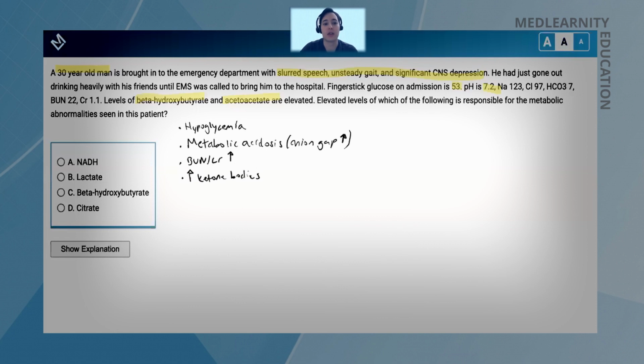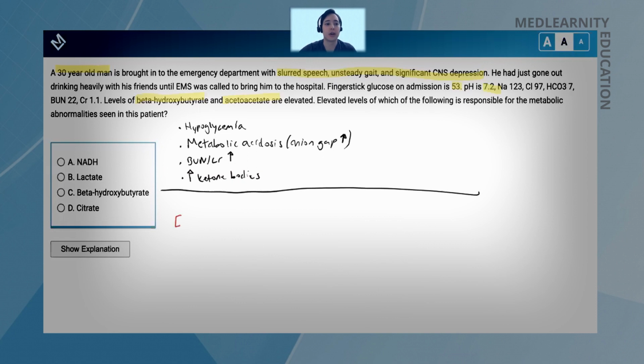So we know that all of these are going to be caused by the patient's alcohol. And so I think it's important to talk a bit about ethanol metabolism for this question, because it'll help us understand why ethanol metabolism can lead to this whole host of metabolic issues. And in so doing, we'll arrive at the correct answer, because only one of these listed here will actually be directly responsible for all the above issues. So let's start off by going over ethanol metabolism.